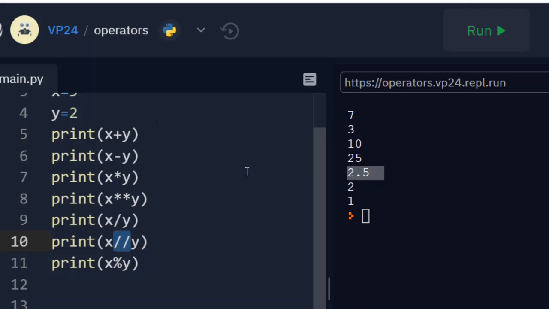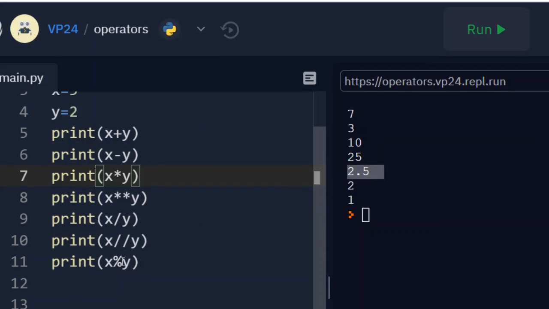Well, what is floor division? It is rounded to the bottom, right? So 2.5 rounded to the bottom, we get 2. And now modulus, we'll get the remainder. So it is 1. And this is all about the arithmetic operators, and these are the different arithmetic operators in